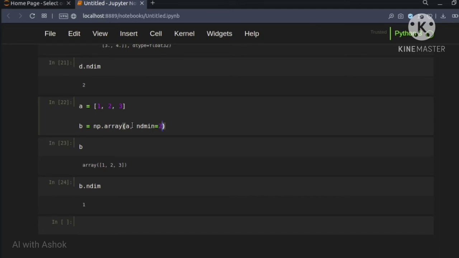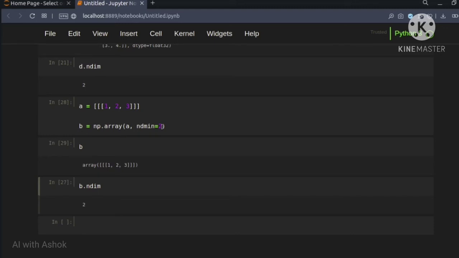If you give it like this, then see here, one extra square bracket is present. We can check it here. See, now ndim is 2. So this is the minimum dimension. You can also give a 3 dimension. If you pass 3 dimensions, this is a 3 dimension matrix. If you pass this, you can get 3 dimensions.